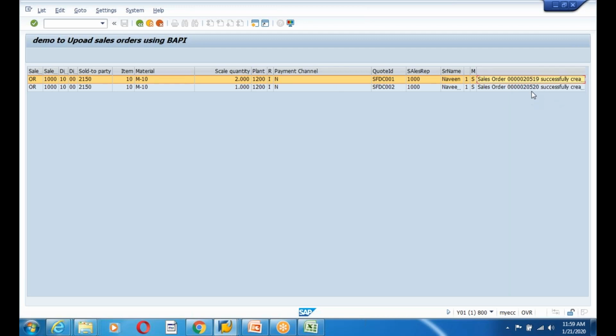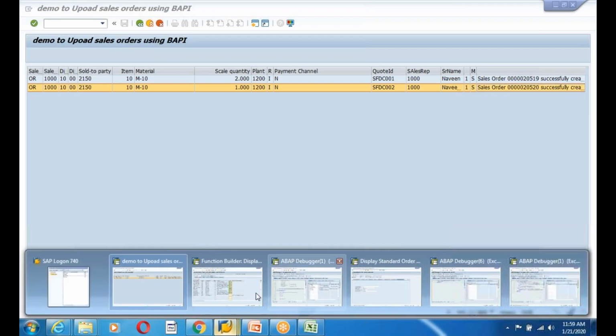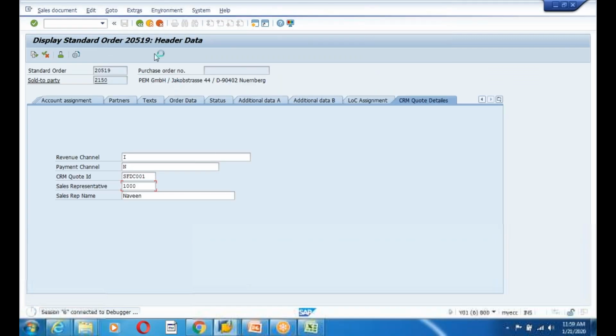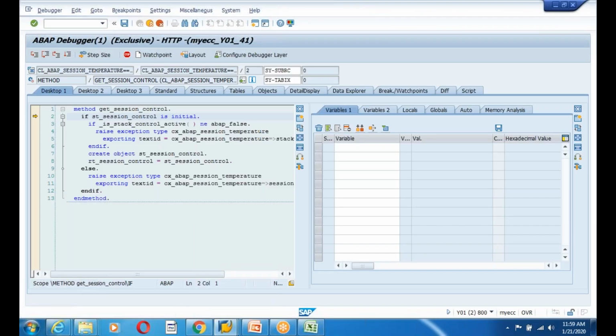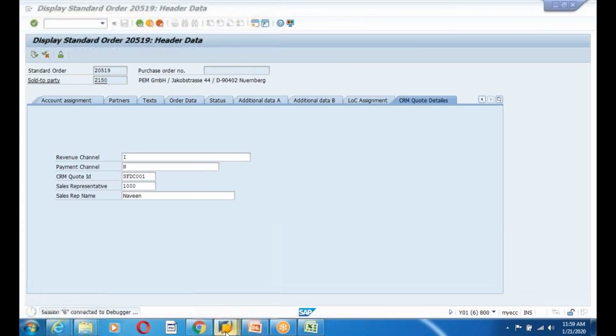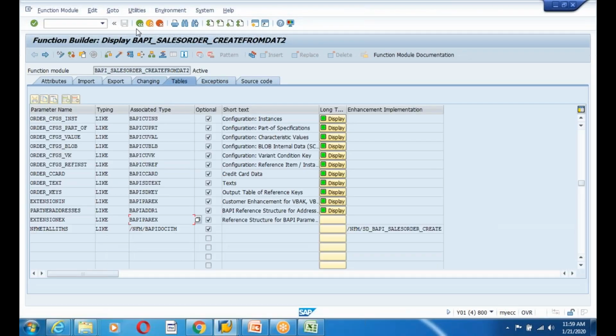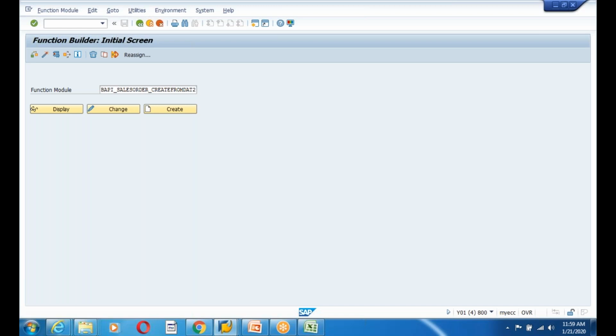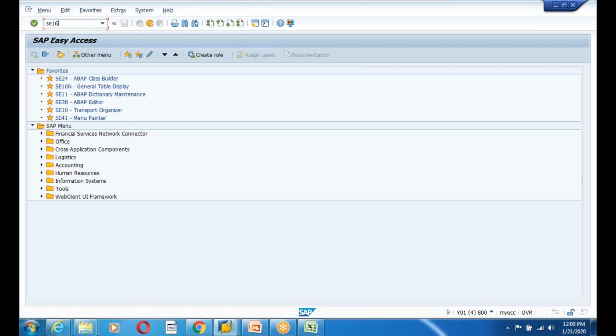See, 519, 520 successfully created in the database. And also if you see the second... what about... or else we can see in the database table level itself, SE16 and